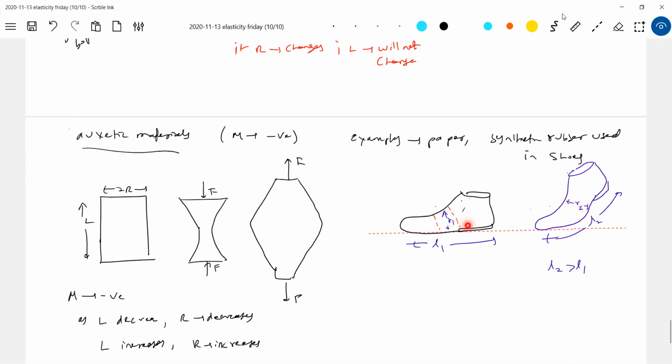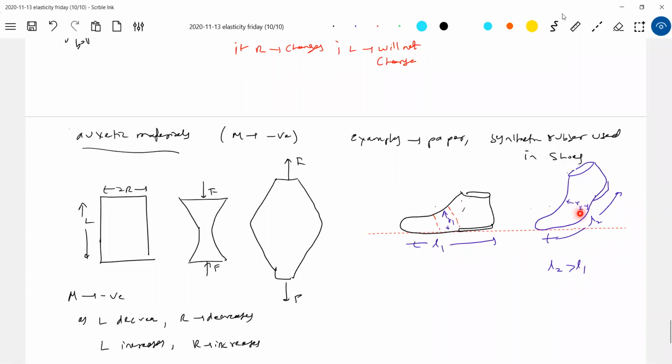Then again, once the foot becomes flat, the material should open again. If it stays like this only, you will not be comfortable. Your legs will be very loose inside. Again, the material should come back to its original shape. Once you twist it, length automatically should increase. That's natural. Even radius should increase. If you take ordinary rubber, R2 will decrease.